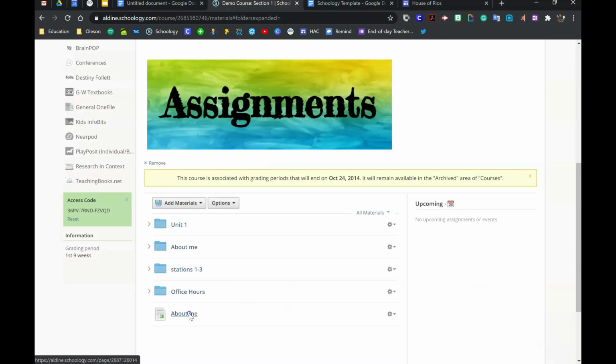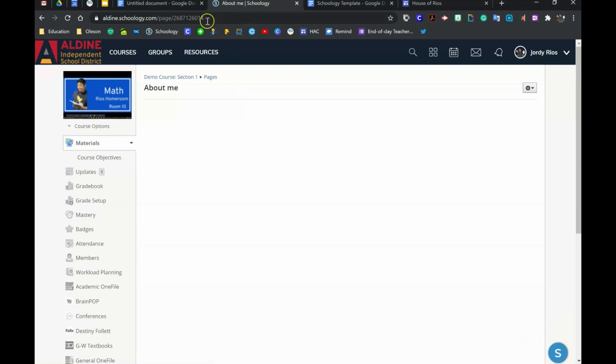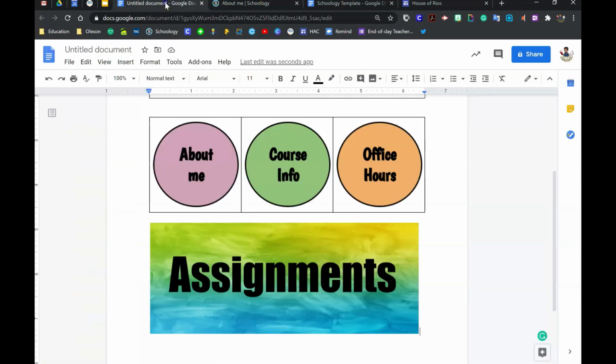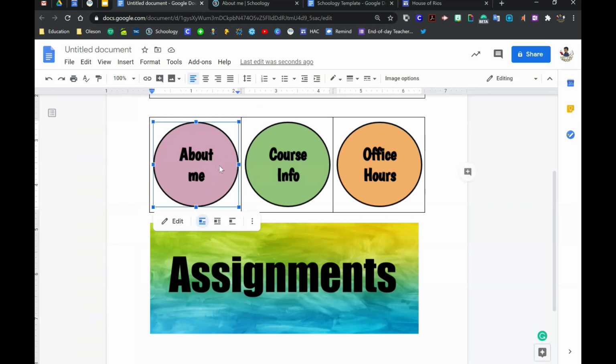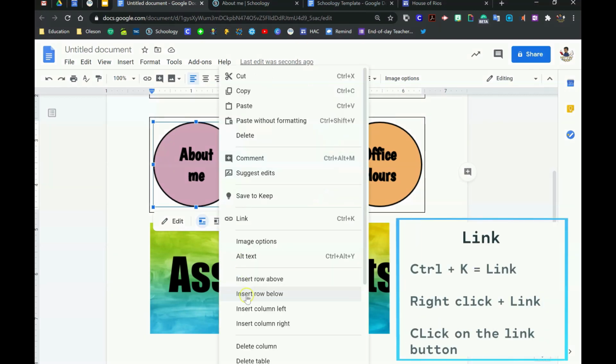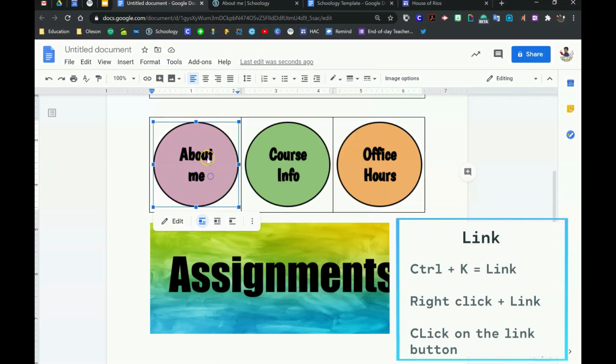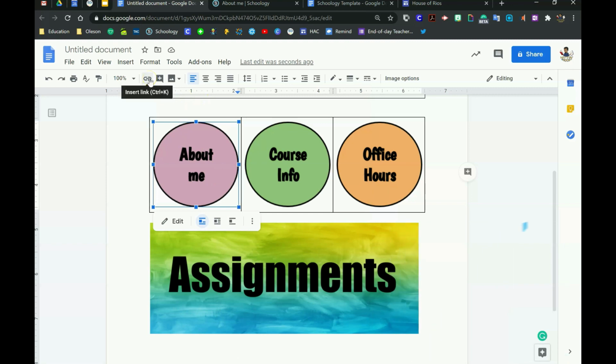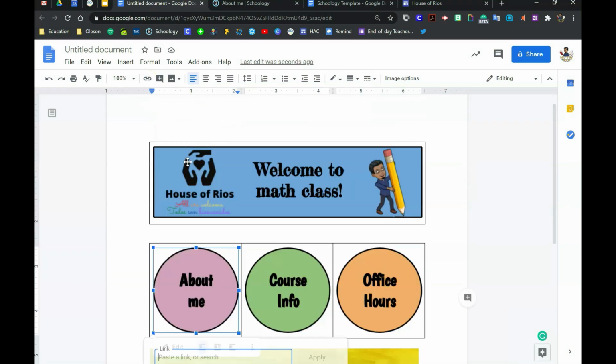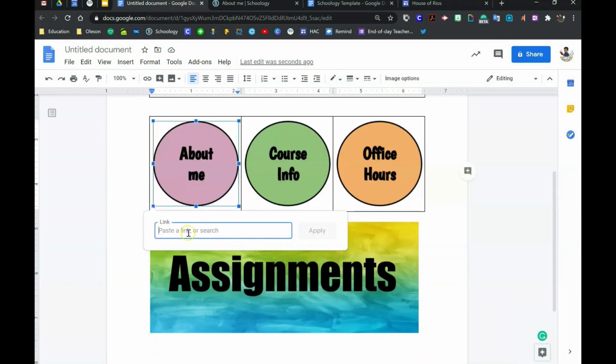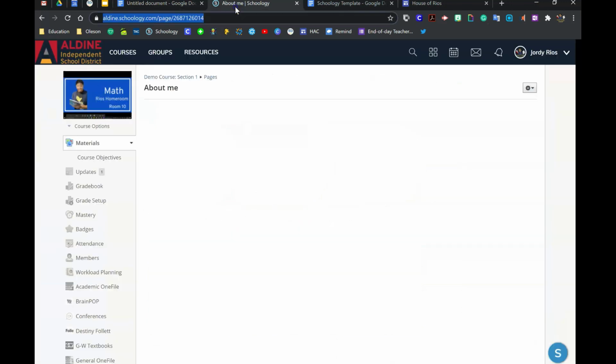Okay, alright, I'm gonna click into the about me. I'm gonna copy the URL. Okay, go back to my document, click on the button that I have. Okay, and there's multiple ways to do this. You can either right click and hit link. You can hit this button that's to link, or Control K to link. Okay, and then right here you can paste in the link, hit apply. Good, go back,